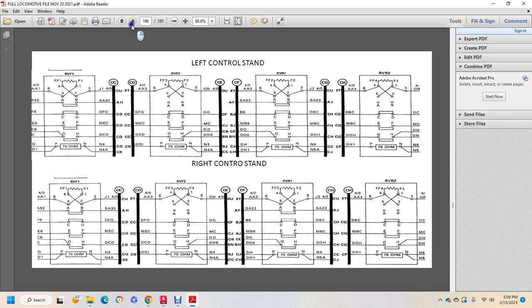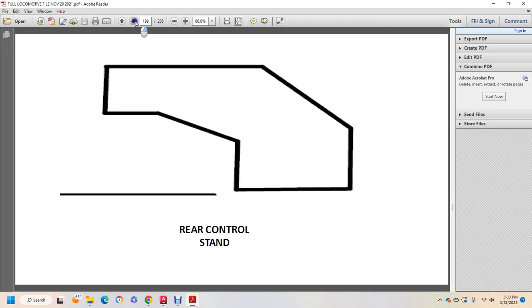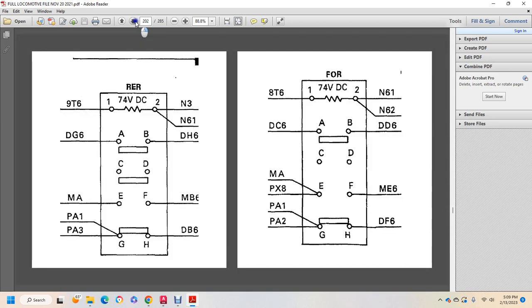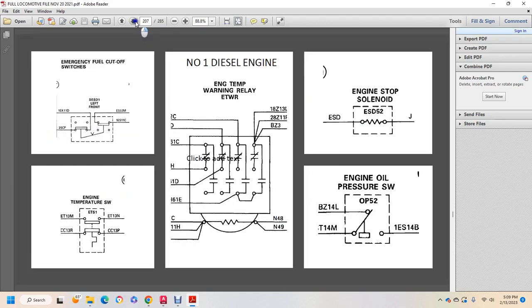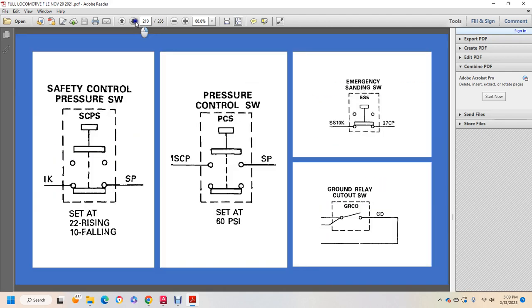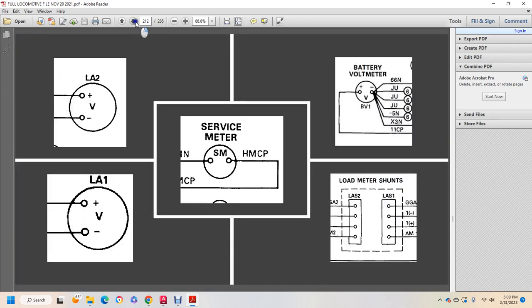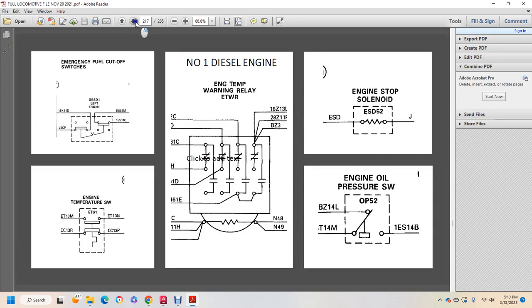RV, and reverser cabinet. Left control, rear control, show the reverser cabinet, master control, reverse forward, reverse rear, reverser forward, engine start and stop switches. That's the front first, number 1, number 2, diesel engine, pressure control switch and safety emergency. Load meters and service shunt meters, safety relays, wheel slip indicator, rear control, start switch, stop switch, and temperature stop switches, fuel cutoff,